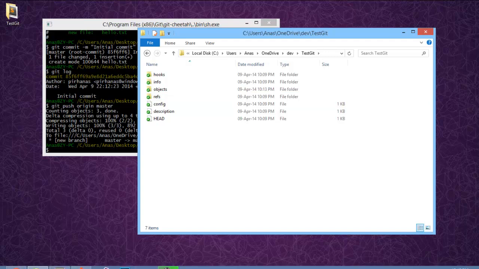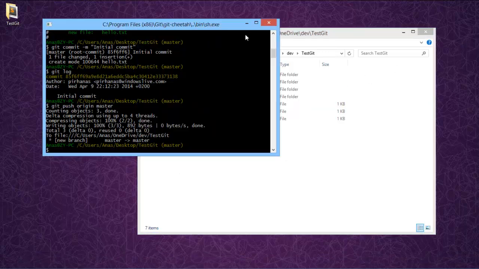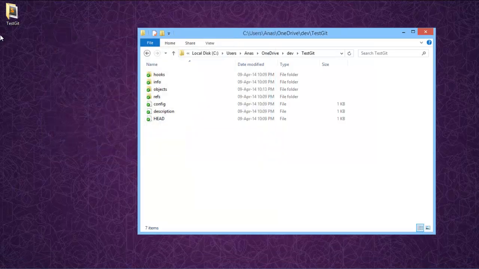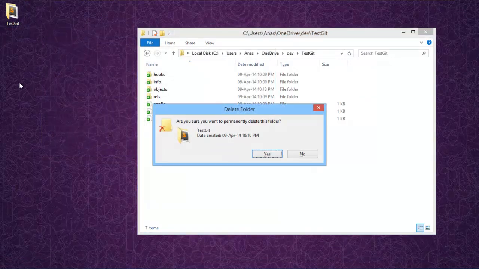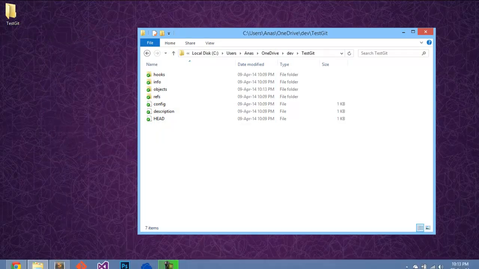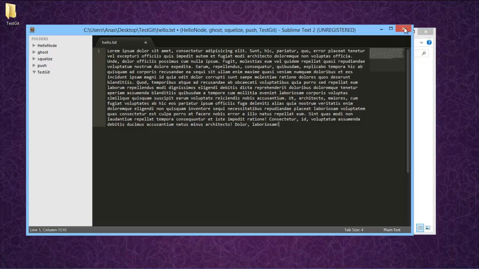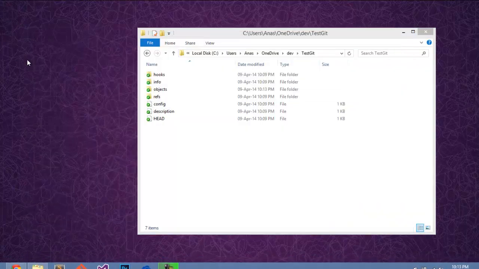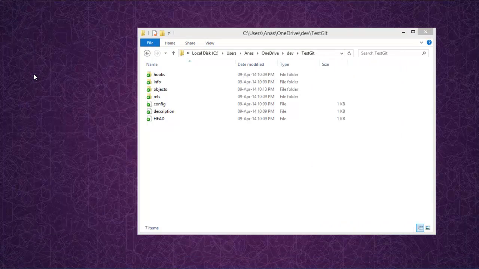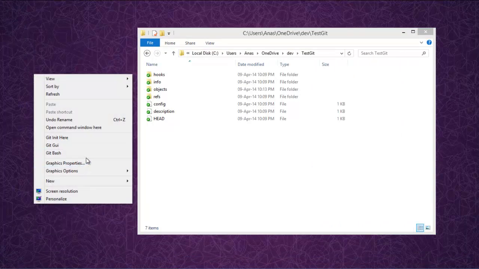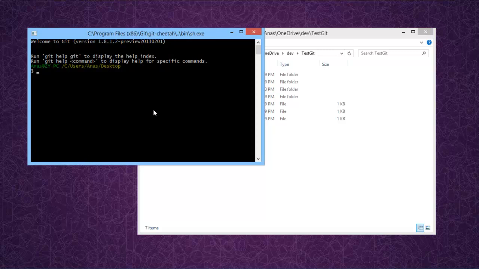And now that everything has been synced, we're going to delete this folder. I'm going to close this one, delete this folder. Actually, I need to close my Sublime Text because it locks the folder. Okay, now if we clone our local repository again, we should be able to see the newly added file, which is hello.txt. Now I'm going to do a git clone